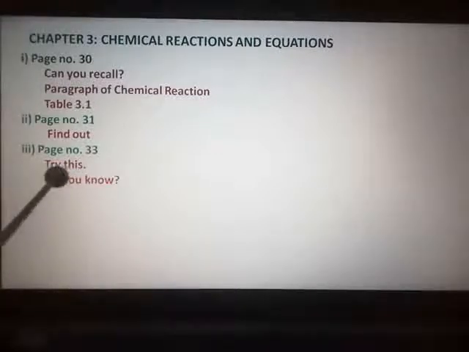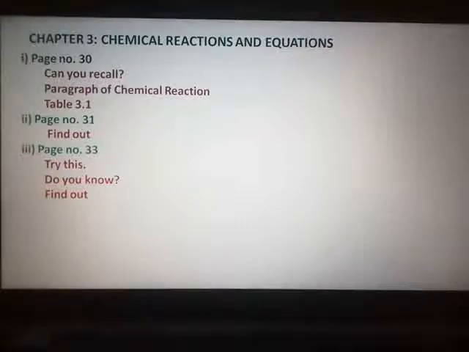Below that, do you know, that part you have to remove, about silver nitrate. Below that you have find out, that also you have to remove. So on page number 33, only on the top you can see one equation number 6, and 6th point, special information or names, that along with equation number 7 and 8. Up to that you have to study. Below that everything is removed. Try this, all the procedure, do you know, diagram, everything.